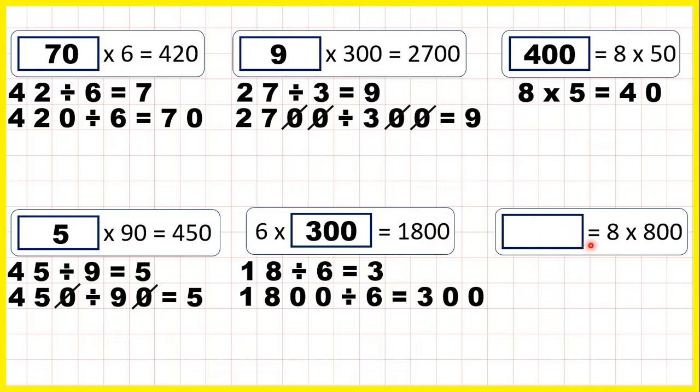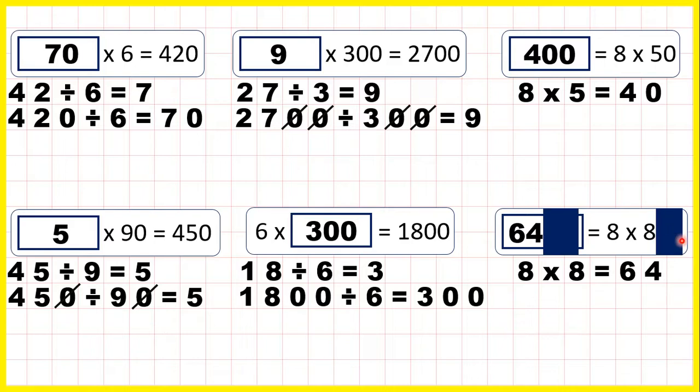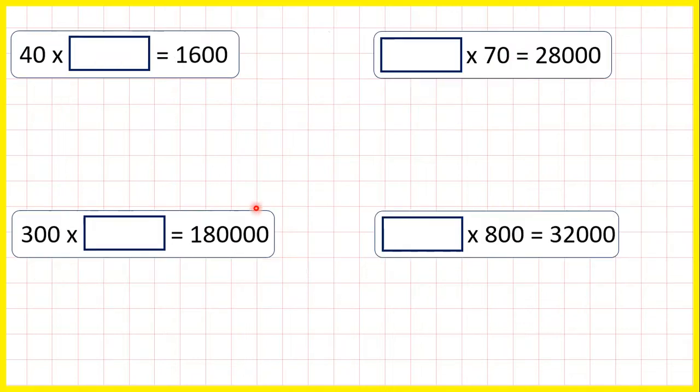Now something equals 8 times 800. So this isn't really a missing number problem. This is similar to this problem above. It doesn't matter whether the equal sign is at the start or at the end, we do the same thing. 8 times 8 is 64, so 8 times 800 is 6,400, because if we have two end zeros in the question, we need two end zeros in the answer. Now 40 times what